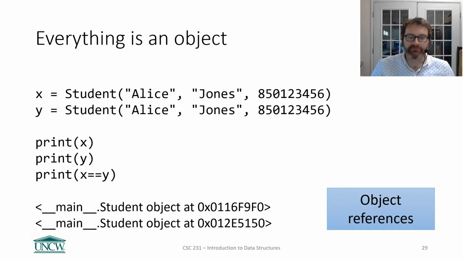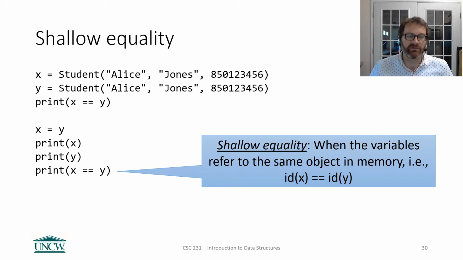All right, go back here. This is what we call shallow equality, when the variables refer to the same object in memory. Very basic, very simple view of equality, but maybe not what we want. Because it's probably the case that we want to consider these two different student objects to be the same thing, because their data is the same. Or because maybe their ID number is the same. Maybe in our system, we want to consider two students to be the same if their ID is the same, but maybe their names change. Maybe someone gets married, or maybe someone doesn't want to be Alice anymore. Maybe they want to be Alex, right? So